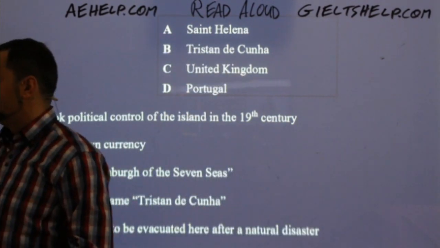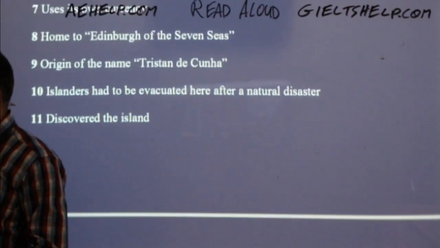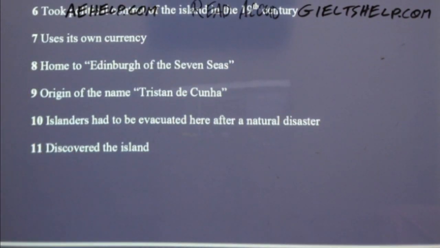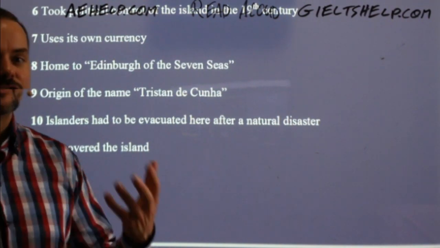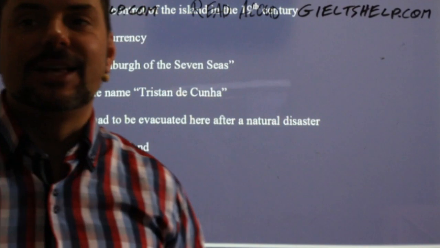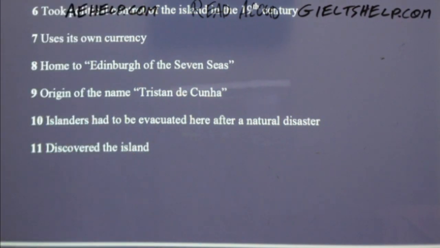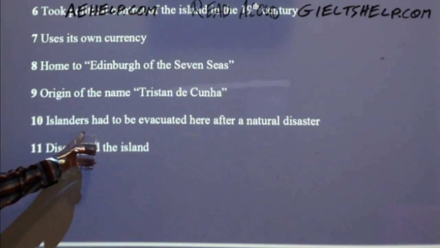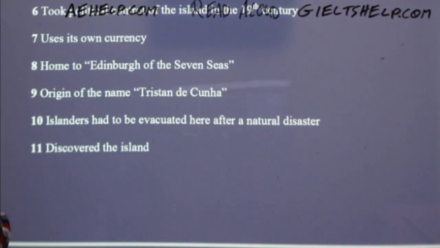All right, we're making some good speed here. One last question there. Discovered the island. What nationality or what country, if we will, discovered the island? This should be fairly simple. Again, you should not be searching for the answer. Yeah, Roshni, the word here is very important in number 10. Absolutely. In number 10, the word here is extremely important. It's the subject of the sentence, right?